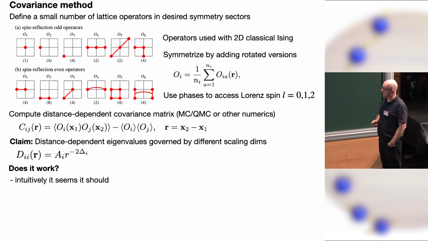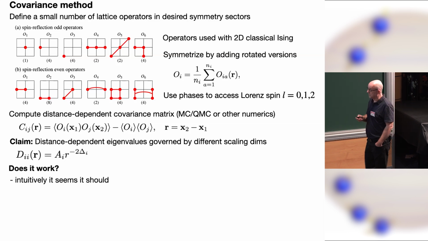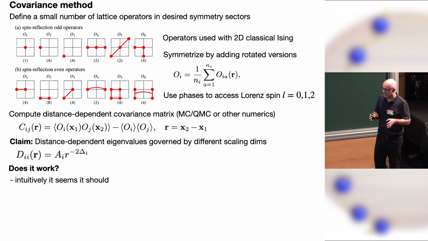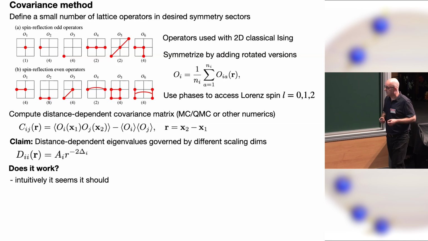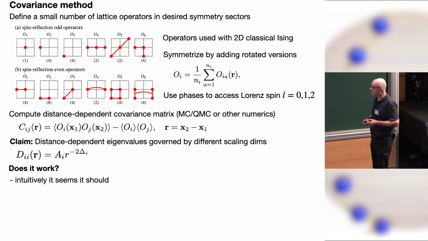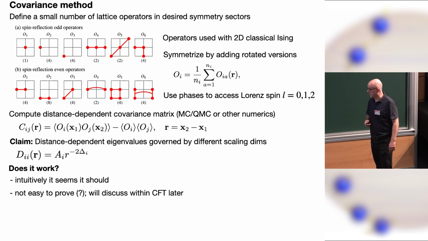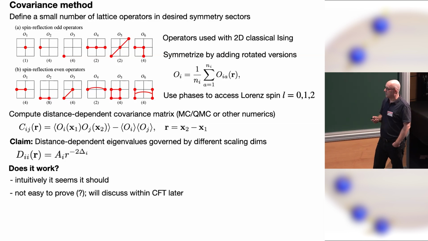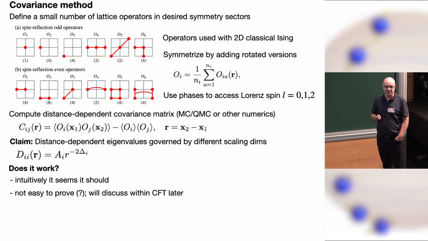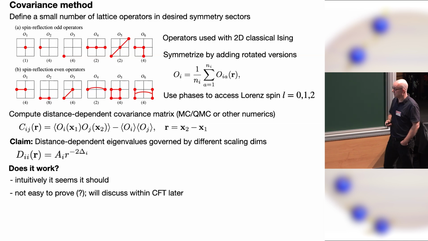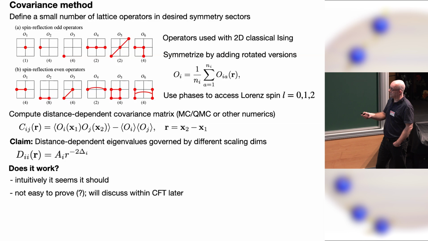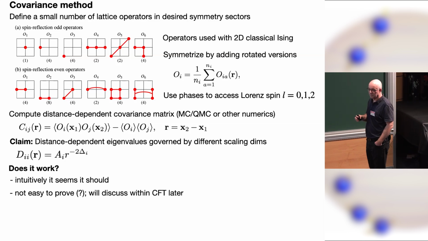Okay, so then does this work? Intuitively it seems like it should, because maybe different R dependencies correspond to different fluctuation modes, and if I diagonalize the covariance matrix, I should isolate those different modes. It turns out it's not easy to prove, at least not easy for me. So maybe it's for somebody here. And I will discuss a little bit later, if I have time, how I have tried to motivate it in the context of CFT. By the way, there's no reason it has to be limited to CFT either, but maybe